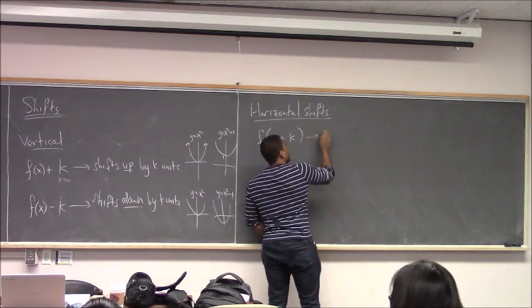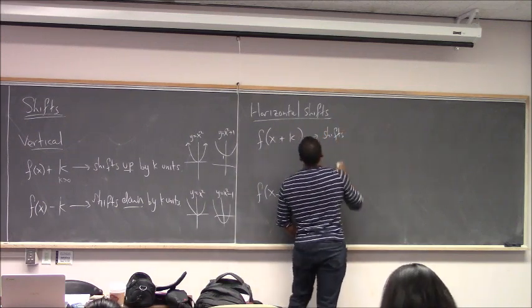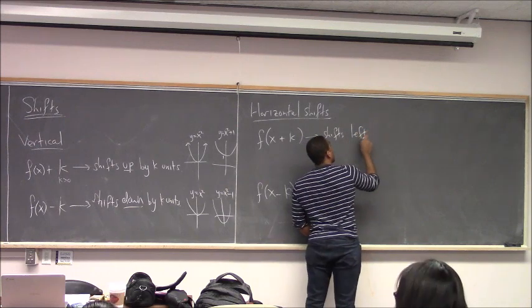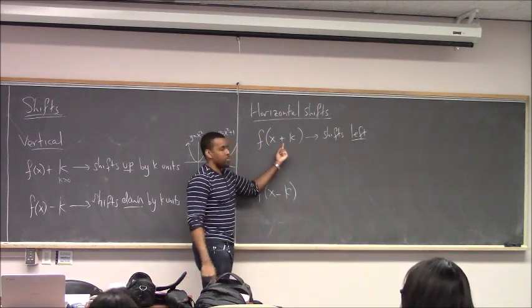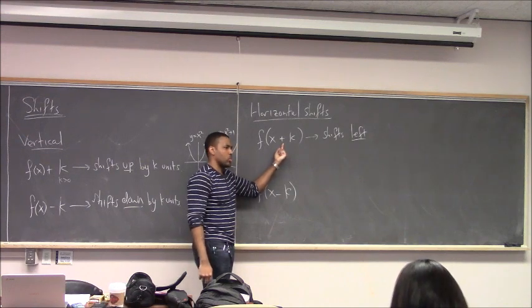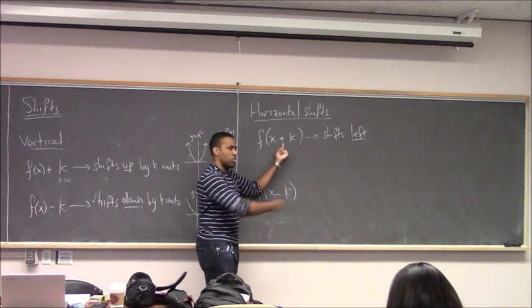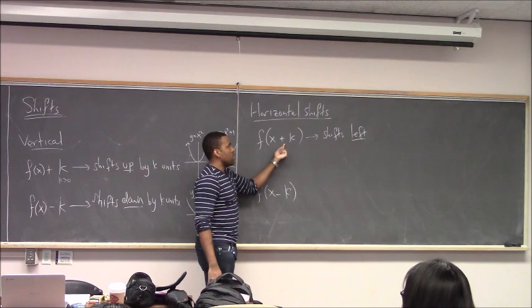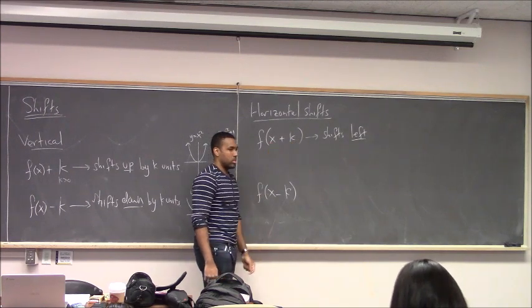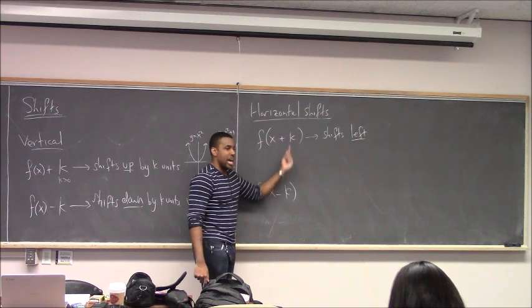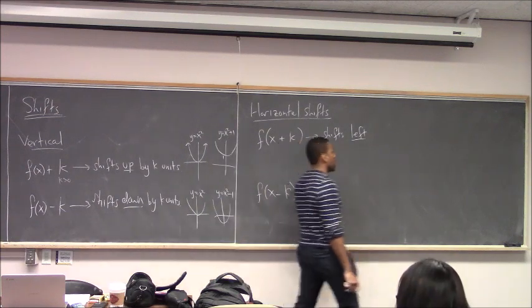This one shifts to the left. So like I said, whenever you're affecting the x, it kind of is counterintuitive. You think of adding in the x as moving to the right. Well, the thing is, if you add something, to get the same output, your x has to get smaller to give you the same output, because you're now adding something to it. So it shifts to the left